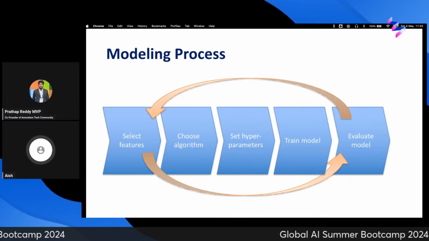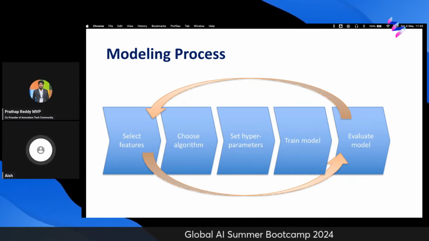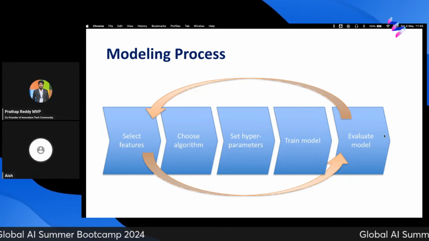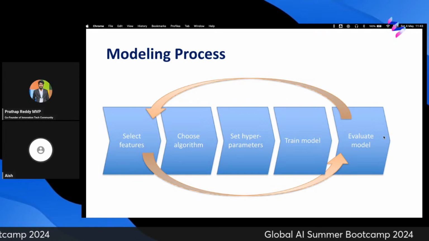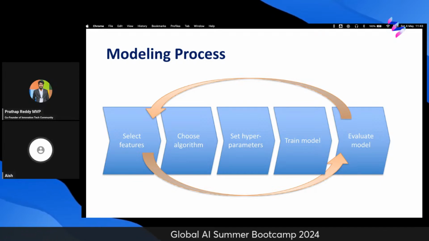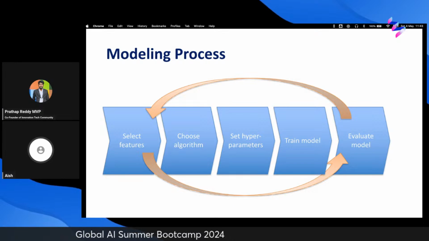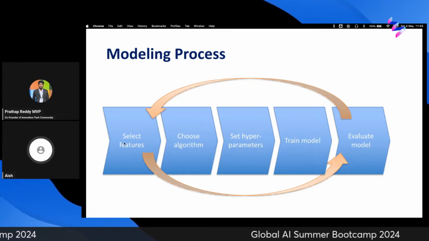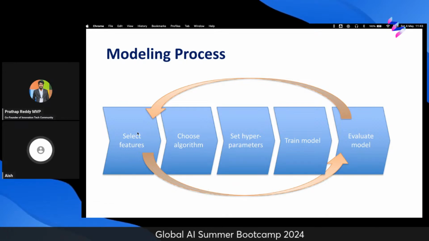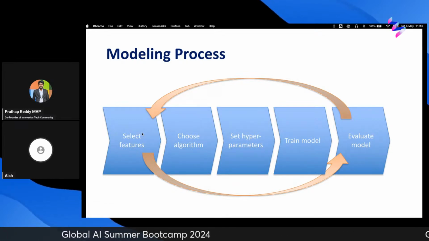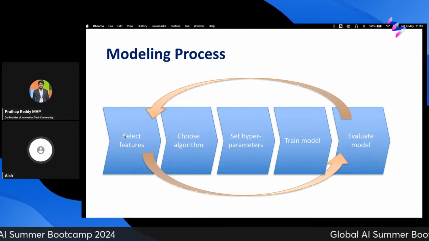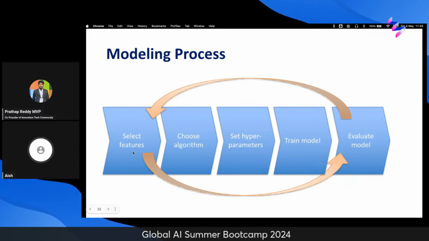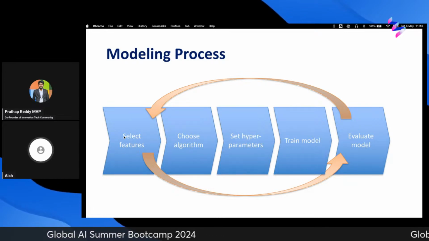Okay, so now let's see what the modeling process looks like. The modeling process is very much iterative, and you will have to repeat this whole cycle again and again until your ML model performs at the level of accuracy you want. Remember how we were trying to predict the prices of homes in real estate. In that, first of all, you select features. My features are: the area of the home, which neighborhood it is in, how many bedrooms it has, how old it is. These are examples of features.